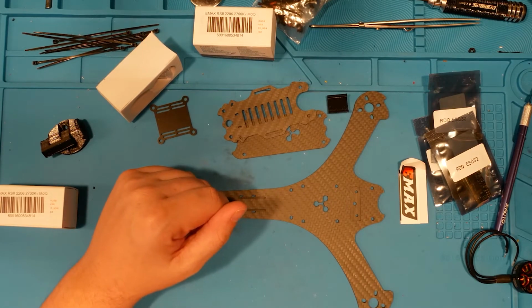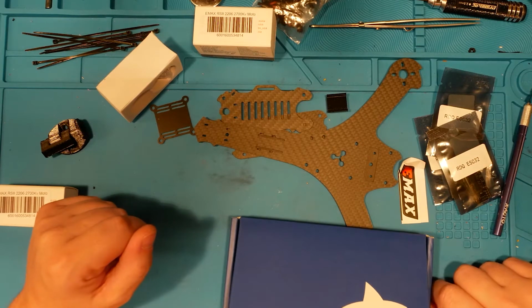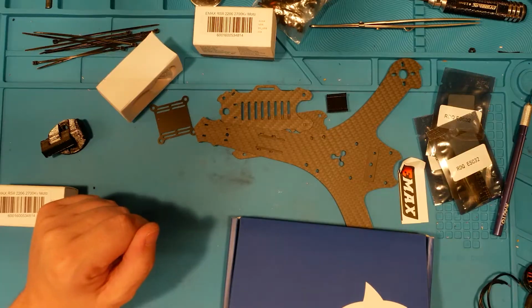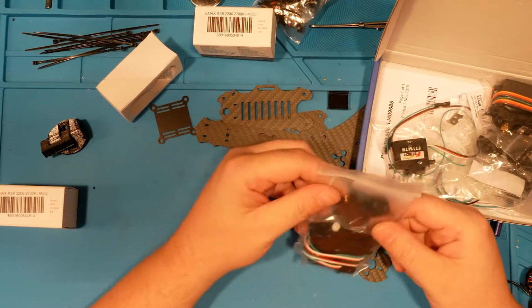Oh, last thing, servos. It was going to be like 6 weeks to get this thing in the mail. So I went to Pololu, who makes great step-down converters for converting your 6S battery power to 4S voltages for your DJI Air units. So keep that in mind. They have a 2855. That's the number you want to look for if you're looking for a step-down converter, and it does a great job. So I got a bunch of these